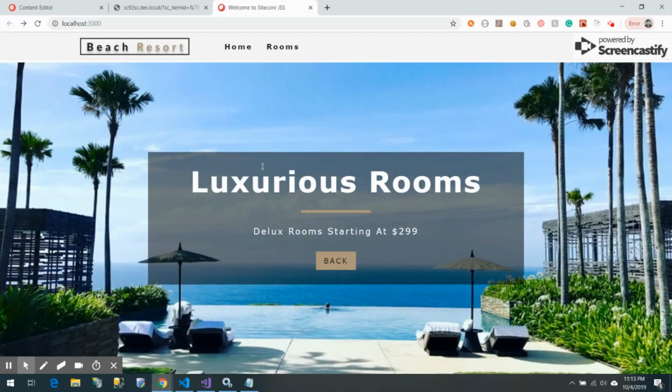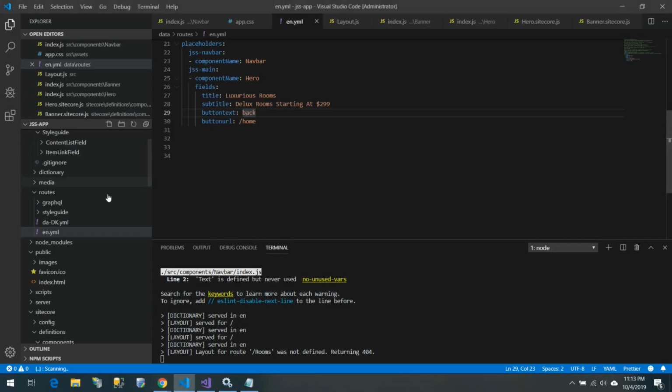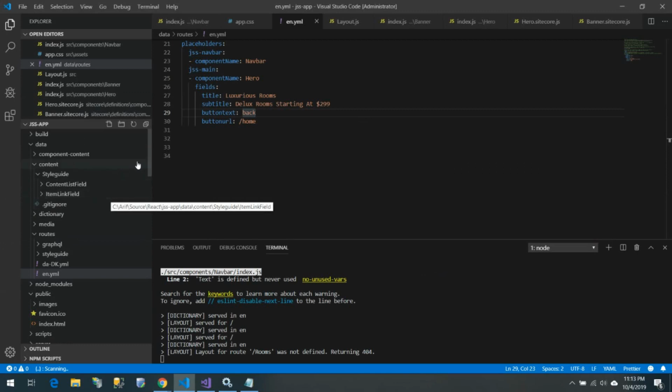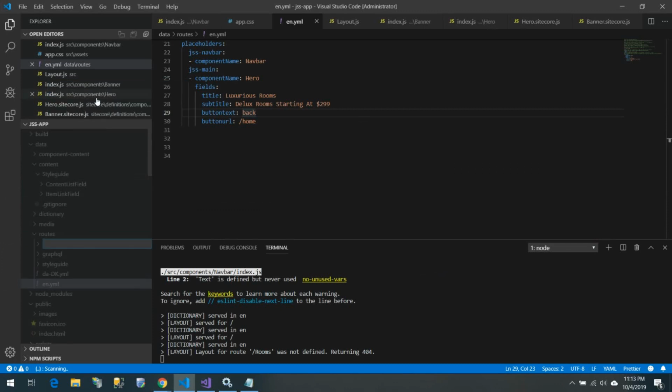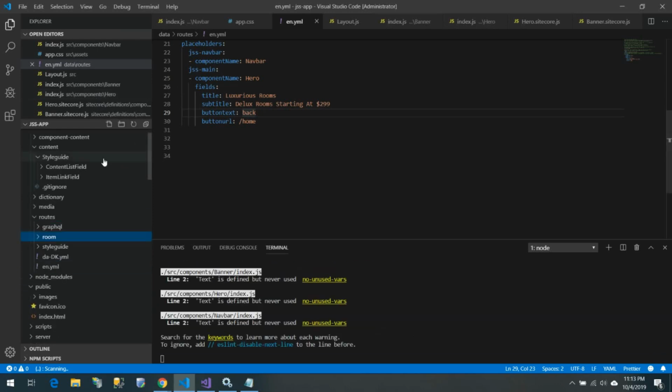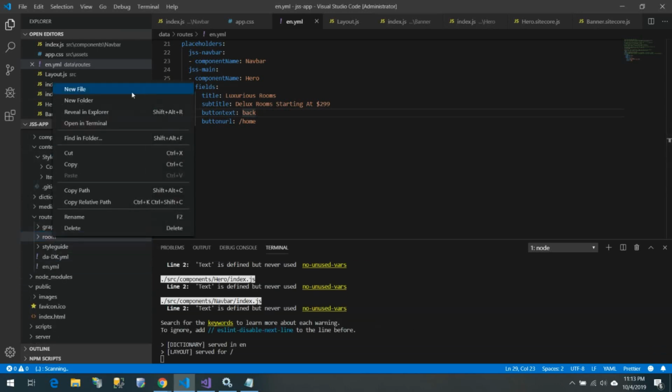So let me create a room, and then we'll close the tutorial for today. For that, what do you need to do for the home page in order to create a home route? This route, right click, new folder. Sorry, not home, room. Okay, so in the room, let me use a new file,